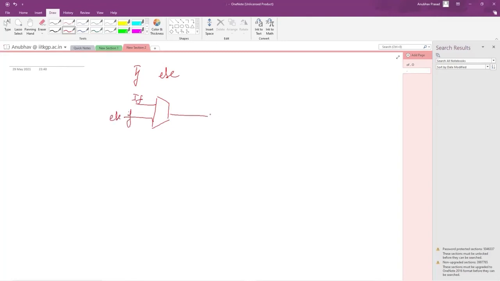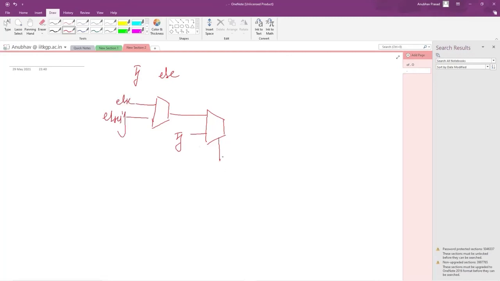Now this output will go to this one. No, sorry. Here will be the if, here will be the else if, and here will be the else.